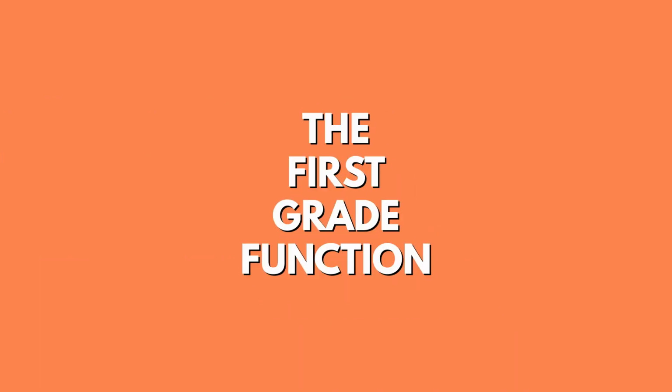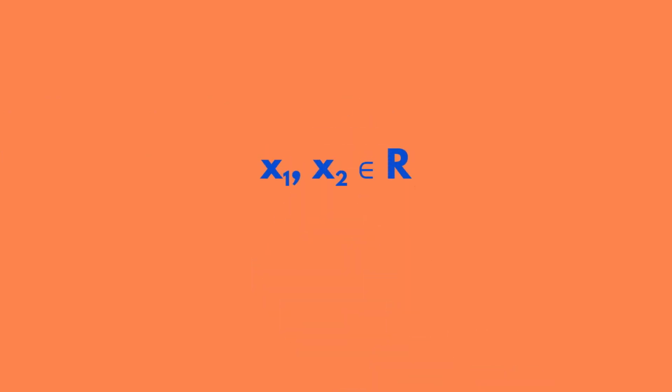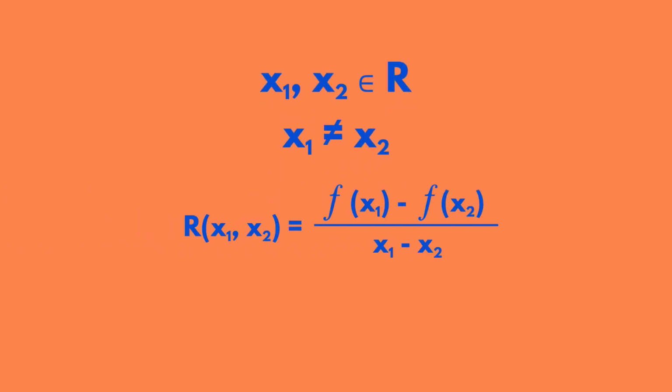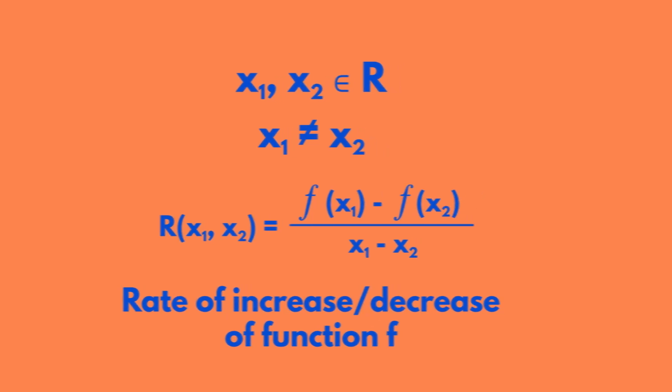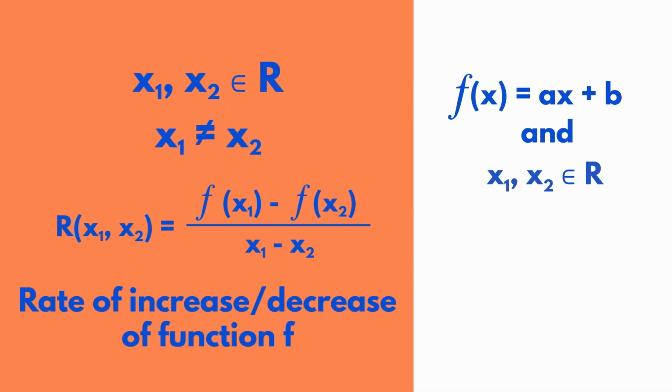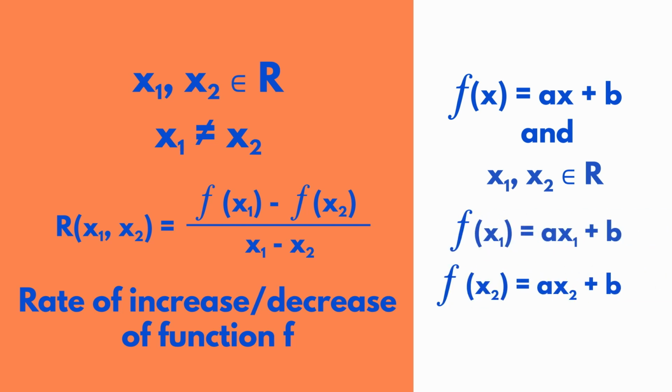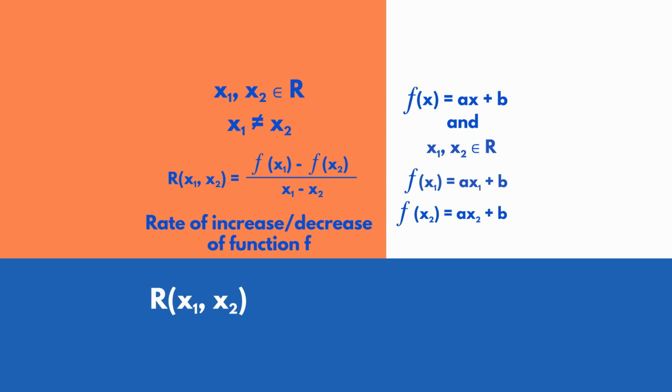The first-grade function. If x1 is different than x2, we write the ratio named the rate of increase or decrease of function f. In our case, we get, and after substituting in, we get